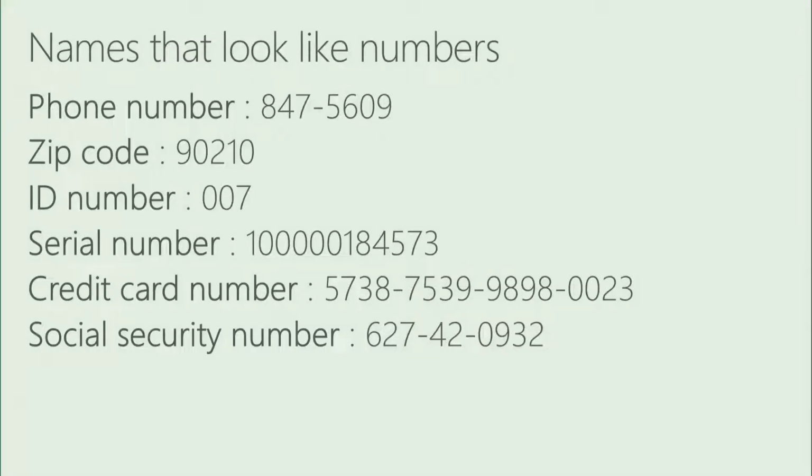Now, to make things extra tricky, there are names that actually look like numbers. So if you take your phone number and then you just increase it by 1, and someone calls that, if it were a number, you would expect that to do something close, like ring the person next to you. But this could ring someone on the other side of the country. This is just a pointer, an identifier. And there's actually quite a few numbers that look like that. So if you have zip codes or social security numbers or credit card numbers, these are actually names. If you try to start adding and subtracting them, funny things will happen.